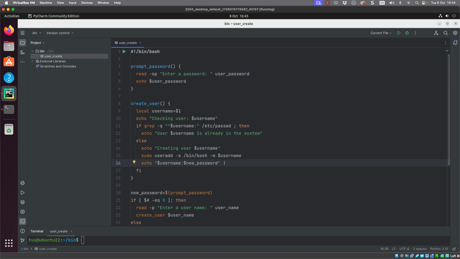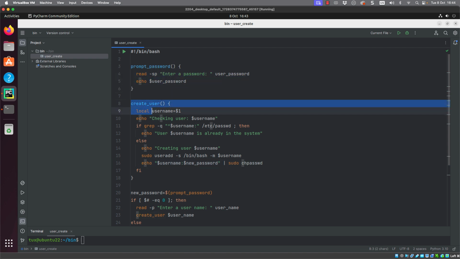And we're going to pipe it using the vertical bar to the input of sudo chpasswd. With the chpasswd command, we take in the username and password, but we're not then having to prompt for the password in the same way as the passwd command. So this works really well for us.